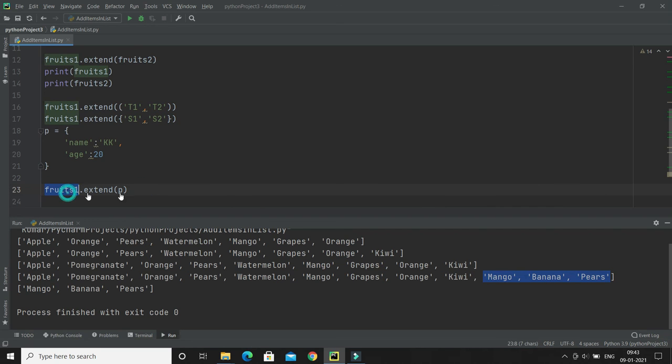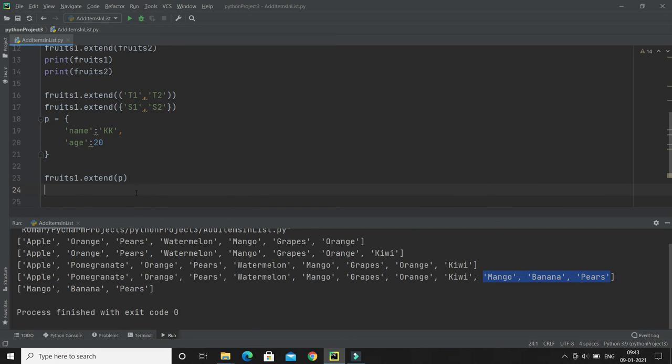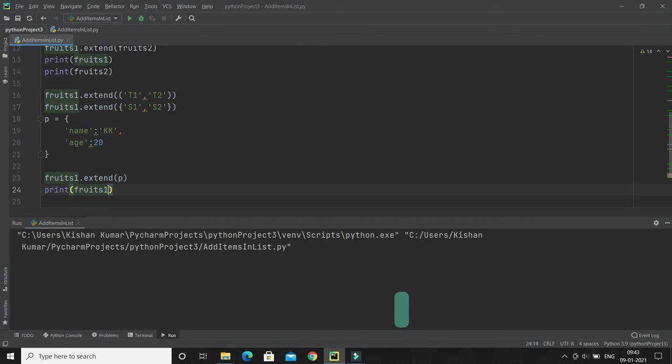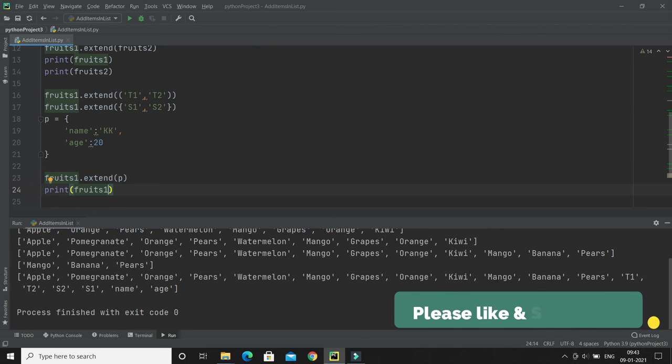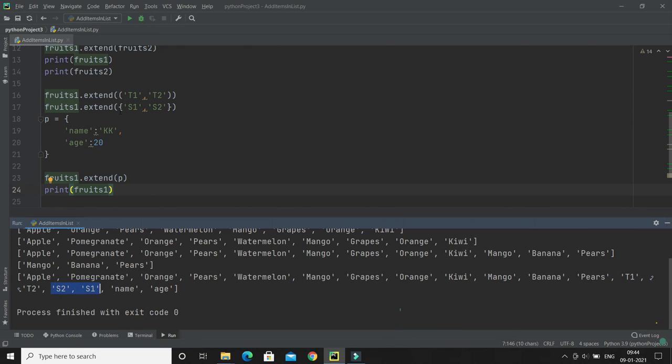So if I print fruits1 now, let me run, then here you can see earlier the list was up to here, right? Now we have added t1, t2 coming from the tuple. After that we have added a set, so s1, s2 coming from the set.